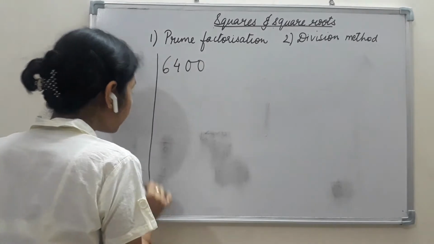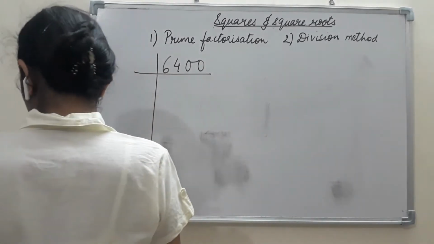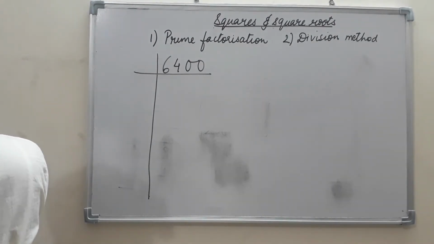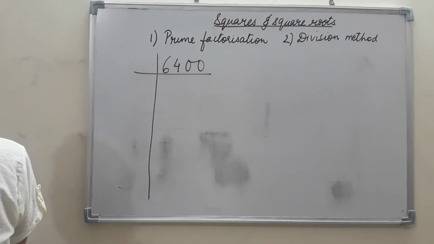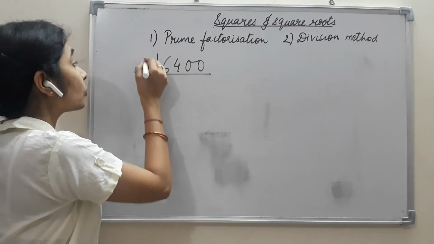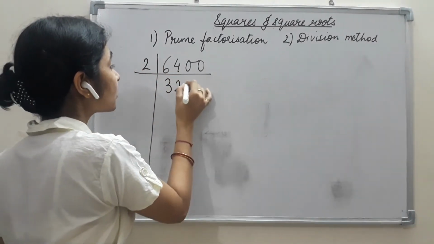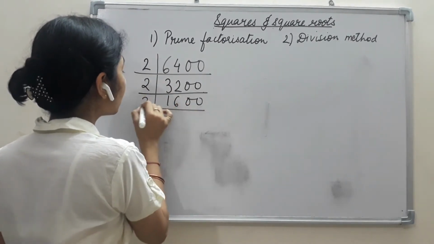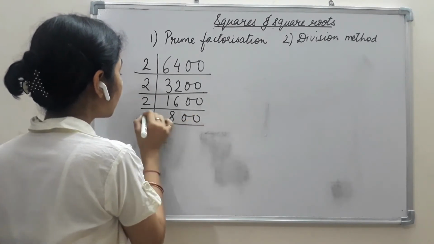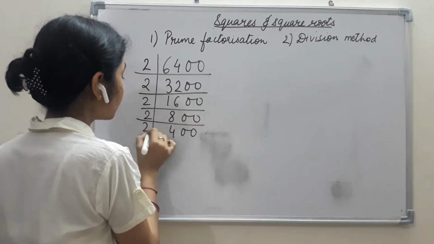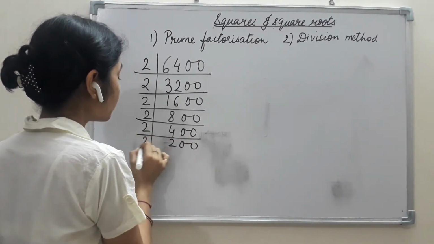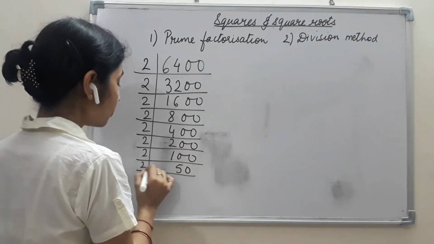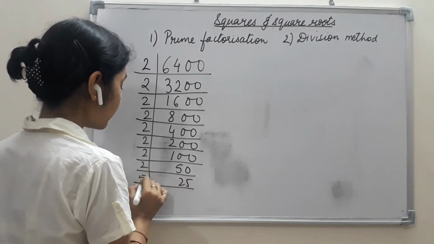Okay, finding out the square root of this number. If we again start with the prime factorization, we can see that this number is divisible by 2 because it has 0 in the end. 2 3s are 6, 2s are 0 and 0. 2 1s are 6s are 0 and 0. 2 8s are 0 0. 2 4s are 0 and 0. 2 2s are 0 and 0. 2 1s are 0 0. 2 5 zeros are 2, 25 times, and now it is divisible by only 5.